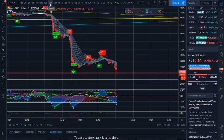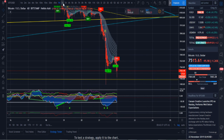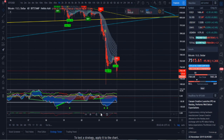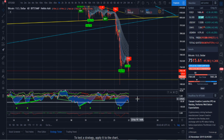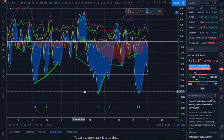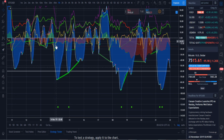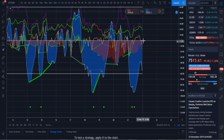So let's take a look at the hour. The hourly needs to come back up a little bit. Money flow looks like it wants to head back into the greenish territory on the 1 hour. So that's another good sign. Let's just go back on this money flow. It was pretty small here, but then it got pretty large. Now it's kind of curving off, looking like it wants